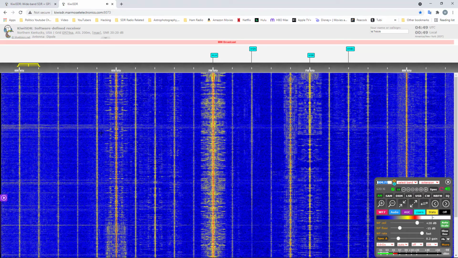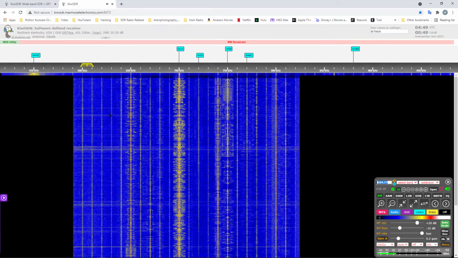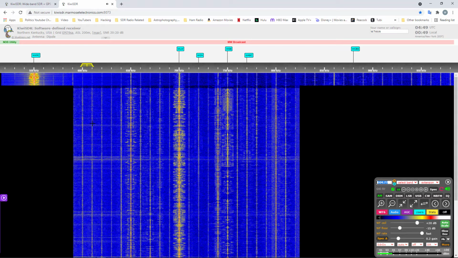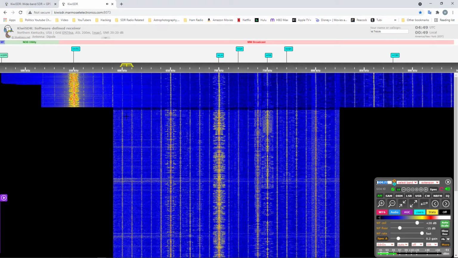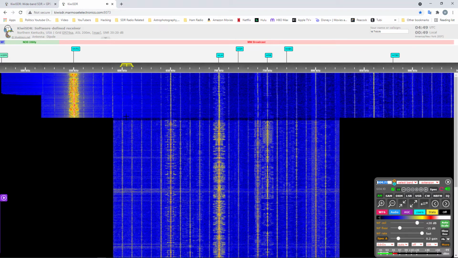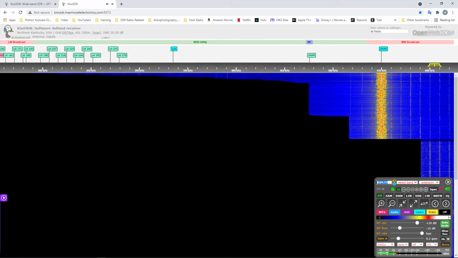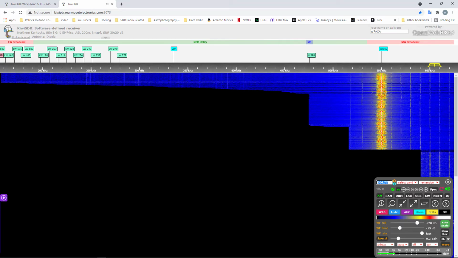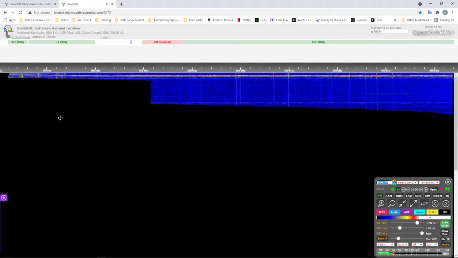Now if you want to go into long wave, you can do that also. So right now what you do is left click on the waterfall, and you can drag the waterfall across, and left click, drag, left click, drag.